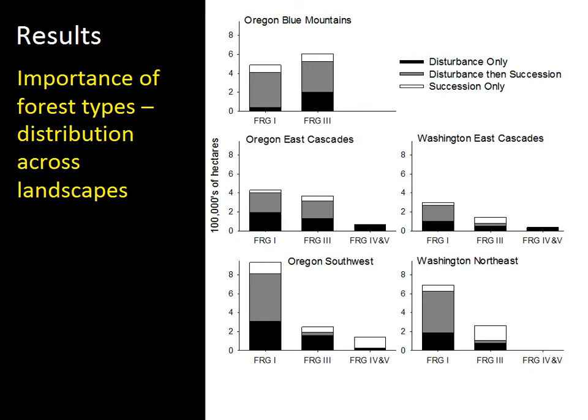So we can see how, if we wanted to look at this by fire regime groups, which relate to the frequency and severity of fires historically. Fire regime group 1 is frequent low intensity, so you might think of ponderosa pine as an example. Fire regime group 3 is mixed severity, and most of our mixed conifer is in that fire regime. And then fire regimes 4 and 5 are long interval but high severity. So these tend to be the cooler, wetter ecosystems which rarely burn, but because of the huge amount of biomass there, when they do burn, they burn very severely. So something like subalpine fir or